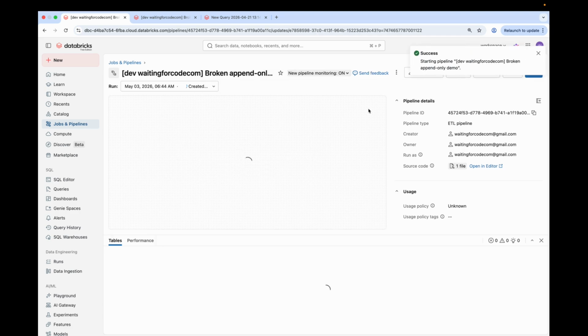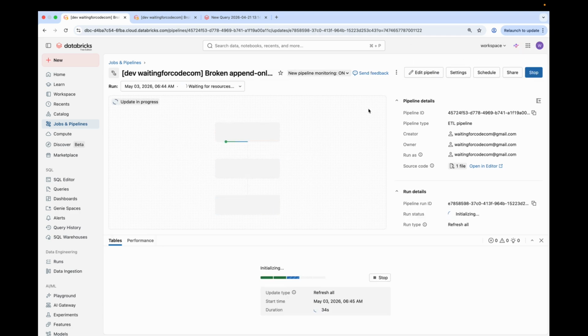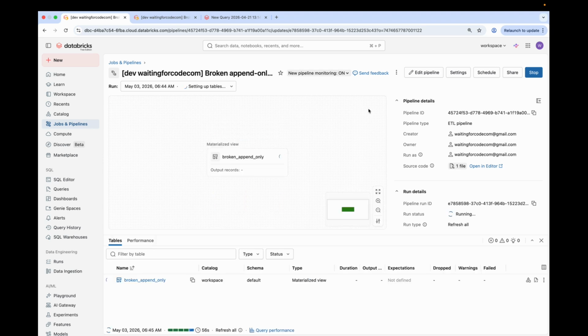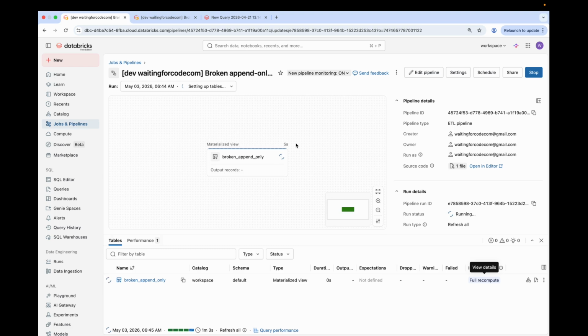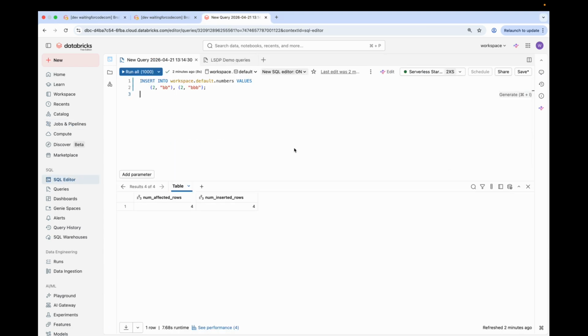And you will see this, by the way, in a few minutes, after we refresh this pipeline for the second time, that the Enzyme engine will not be able to generate a consistent fingerprint from the query and apply a deterministic incremental refresh. So of course the first execution, because of the empty table, is marked as a full recompute, but